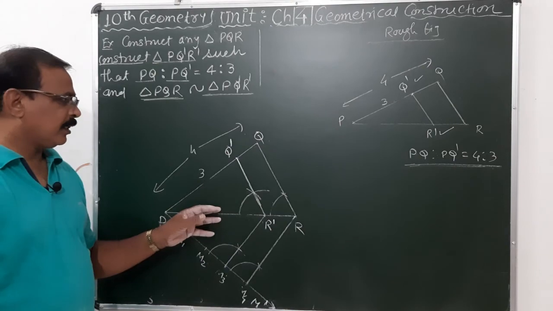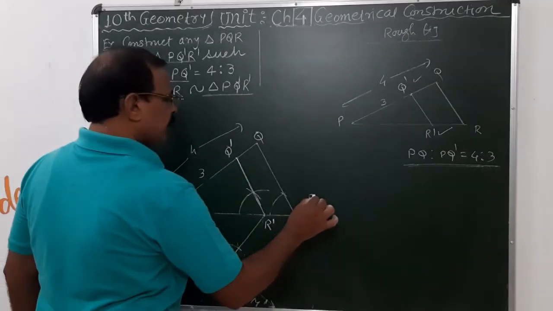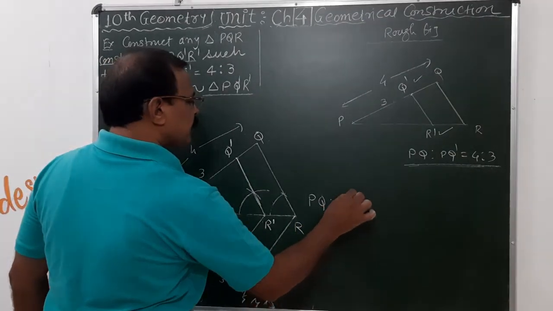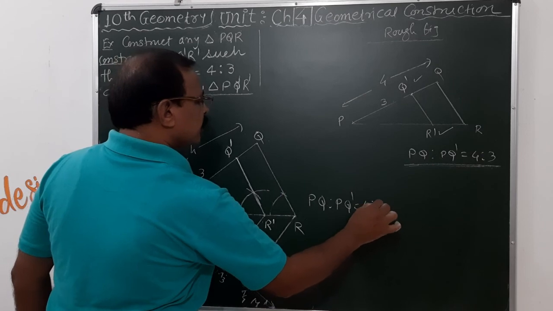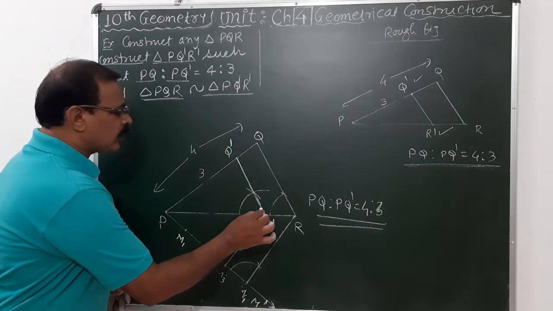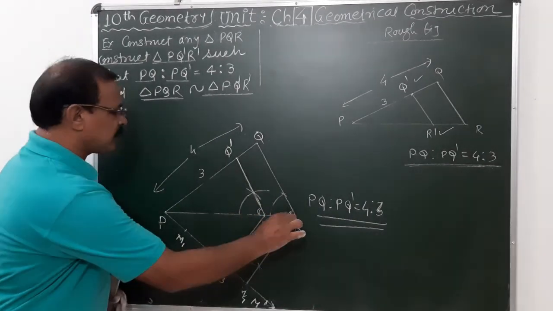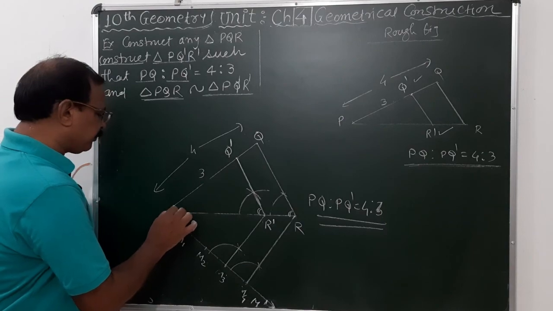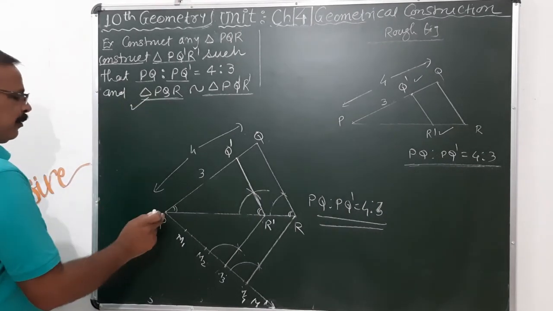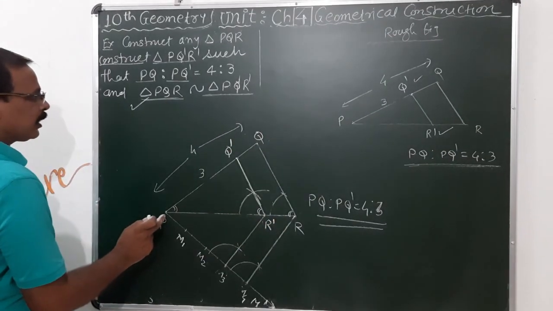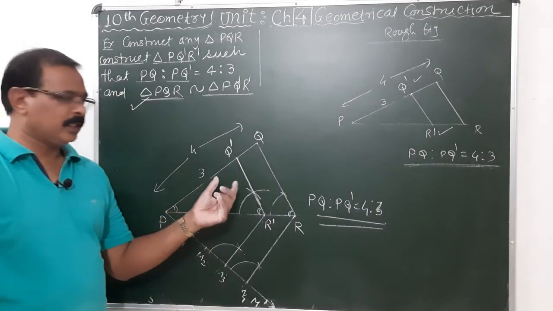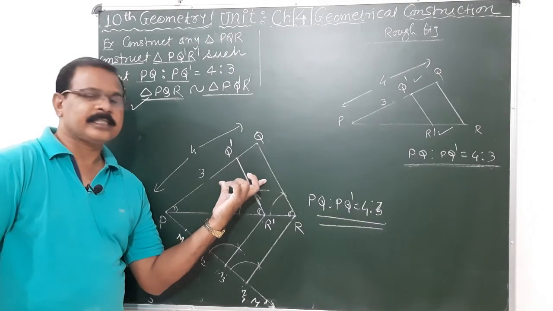Okay. We can draw here PQ is to PQ dash is nothing but 4:3. So that here, because these angles are congruent, this angle and this angle are congruent here, and this is a common angle here, and therefore these 2 triangles are similar here. Triangle PQR is similar to triangle PQ dash R dash here. So you can apply any one of the tests here. Here AA test and AAA test is applicable here.